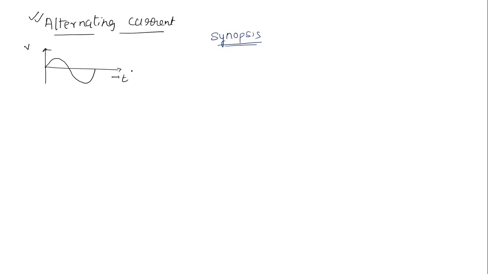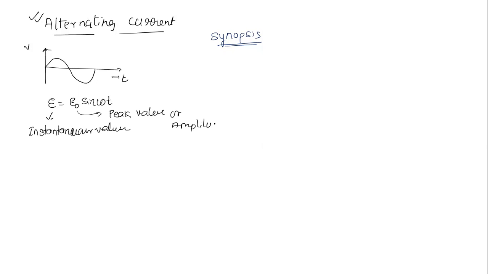along this, time we have taken, and this is given by our formula E equal to E naught sine omega t, where E is what we call the instantaneous value, and E naught is what we call the peak value, or we can say, students, amplitude, and this omega is what we call angular frequency,